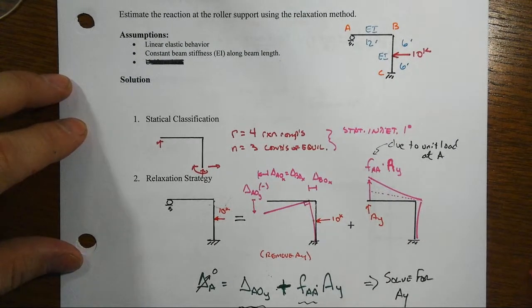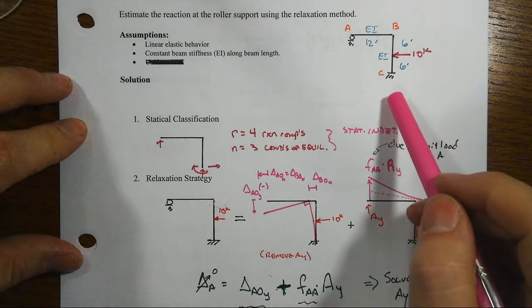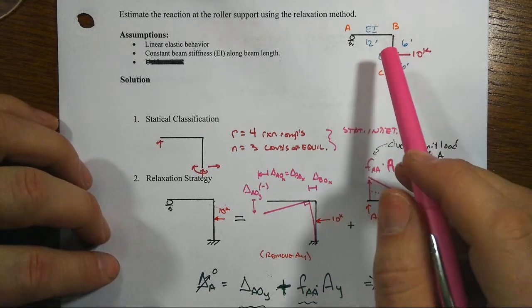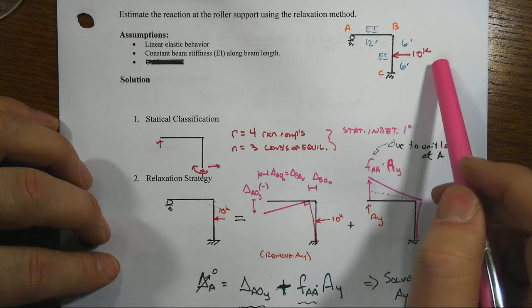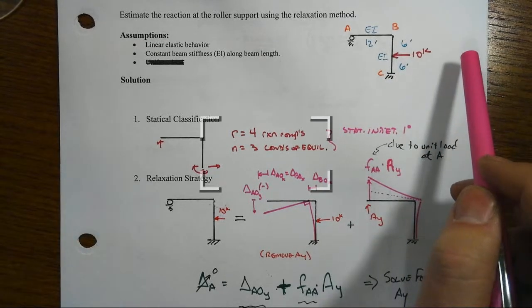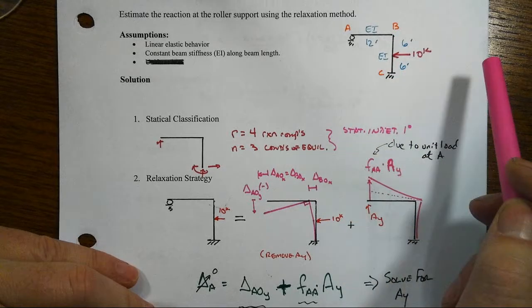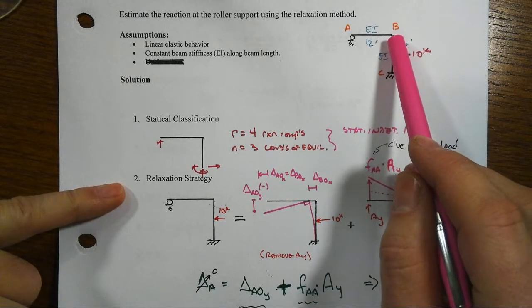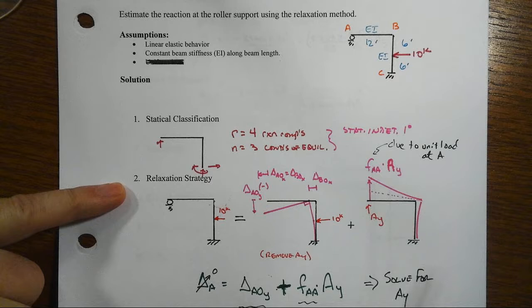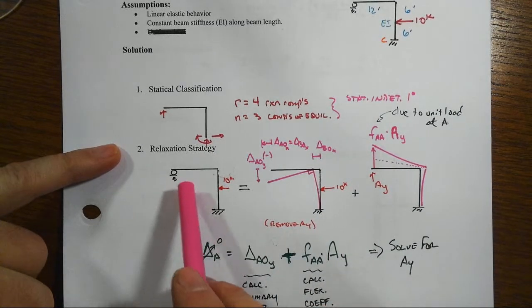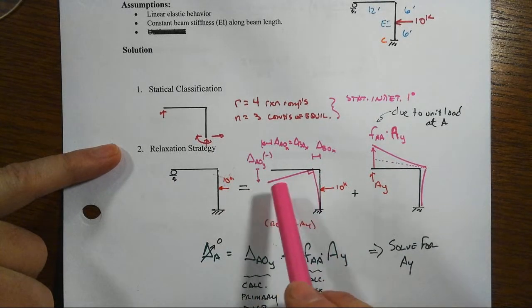Alright, we're finally ready to put all the little pieces together. We started off with this indeterminate frame, lateral load of 10 kip. We're trying to get the reactions, and we're going to ultimately get how much this thing sways up here at joints B and A. Our strategy was to remove the reaction at A, leaving us a primary structure that was